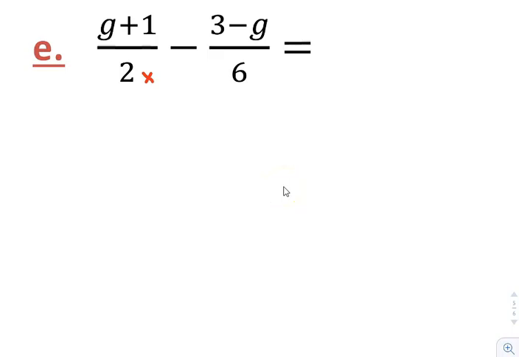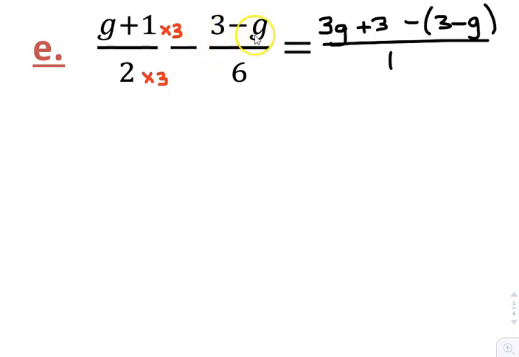Example E, it's the same deal, we're just now dealing with expressions instead of simple numbers. So I'm going to go for a lowest common multiple, which is going to be 6, which means I only have to multiply this side, and I'm going to multiply top and bottom by 3. So 2 times 3 and g plus 1 times 3. It's important to note that when you times by the 3, it's g times 3 and it's 1 times 3. So the solution to that would be 3g plus 3. And then we're going to minus the 3 minus g,